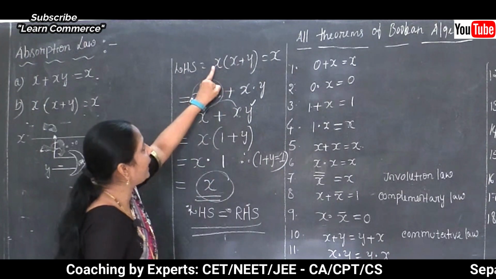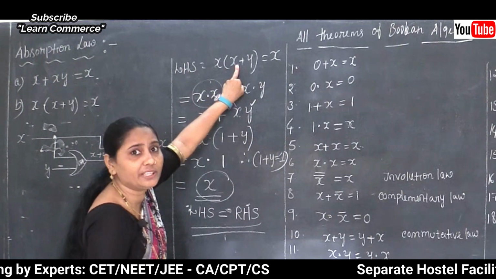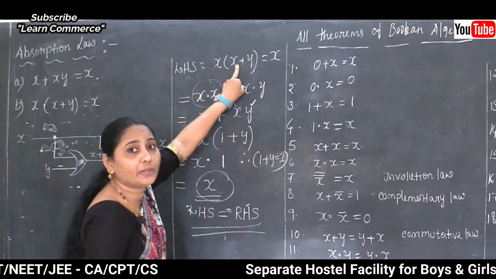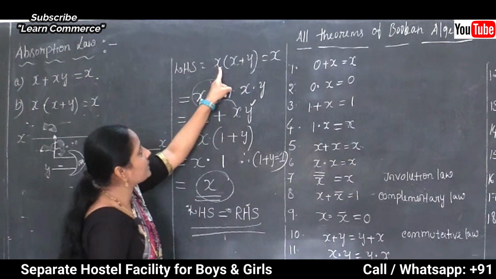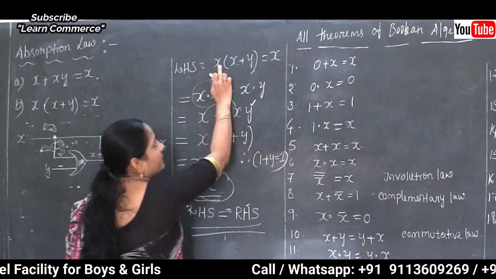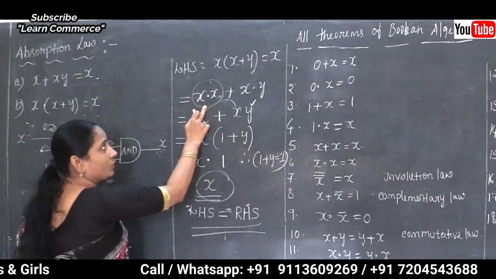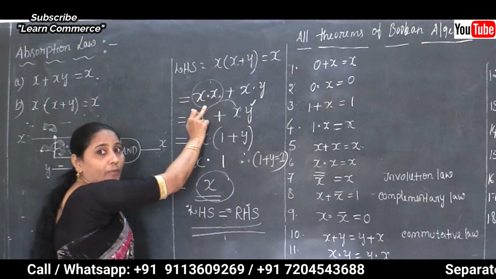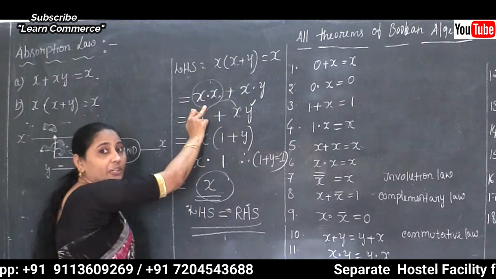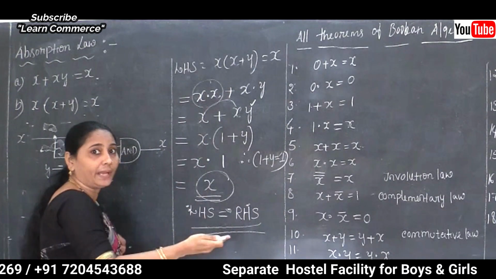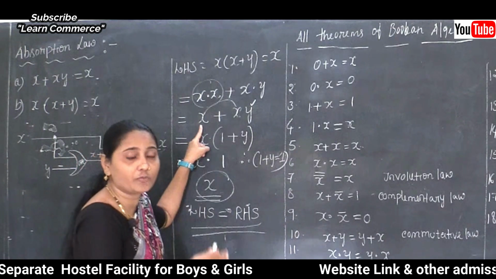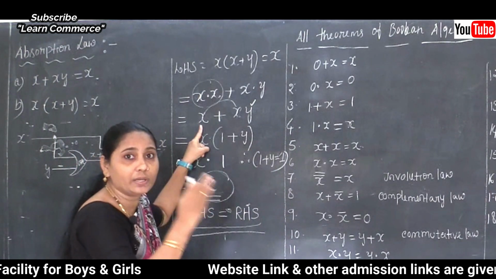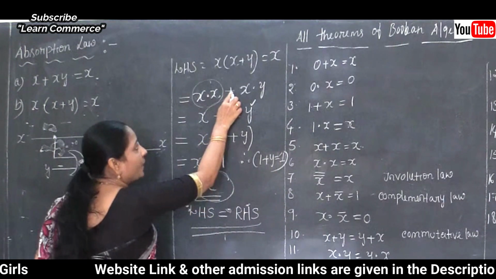First of all, for x and x, we need to make the multiplication by using the variables, the logical statement elements here. So x and x plus x and y here, and we know that when you take any value for x, maybe 0 or 1, when you multiply, the value we get is x only. Whatever value we use for x, such value we get as the result, and plus as it is.